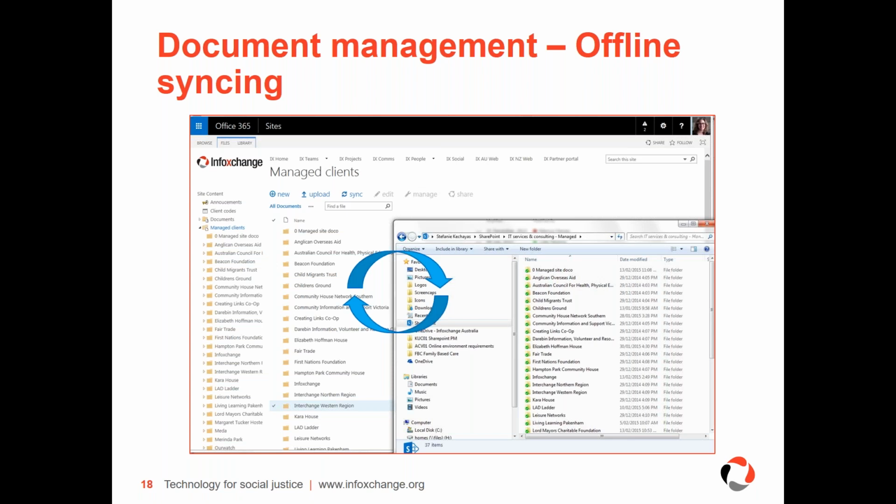With the new introduction of Files on Demand, it no longer syncs the file, it syncs the file's metadata. And therefore the tool's intelligent enough to know from that whether the version of the document on the local computer is up to date or not. And it knows then if the person needs to edit the document, it knows when to go and do a refresh from the cloud or not.